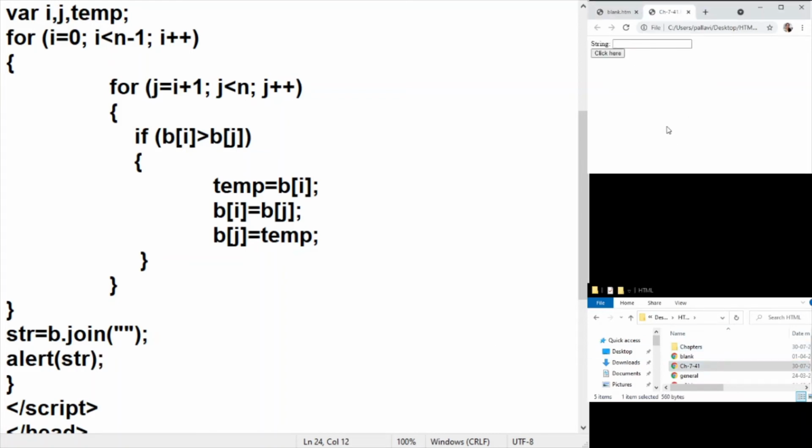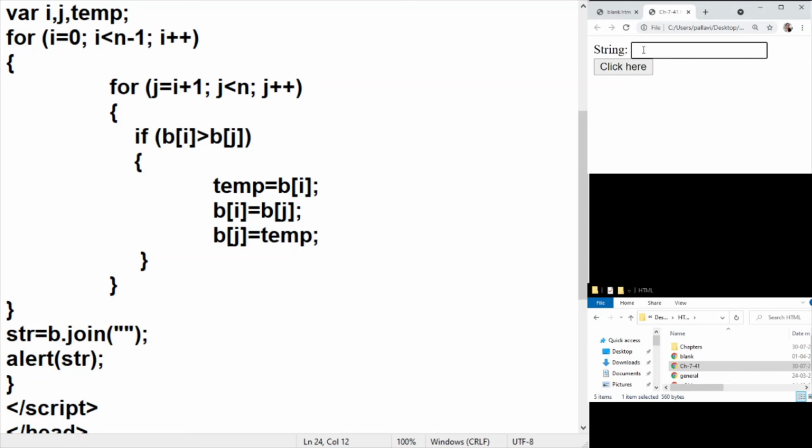Let us check the logic. So in most of the languages, when you initially start, you learn the concept of sorting. This is exactly what I have done here. First, reading a string, which is then converted into an array, and then we are doing the manipulation of shifting and replacing the smaller element in the current ith position from the rest of the characters. So one by one, we are identifying which is the smaller one, and that is being placed at the ith position. And then we go to the next ith position. Again, we look at all the remaining elements after the ith position, and we find the smallest, and that is replaced in the ith position.